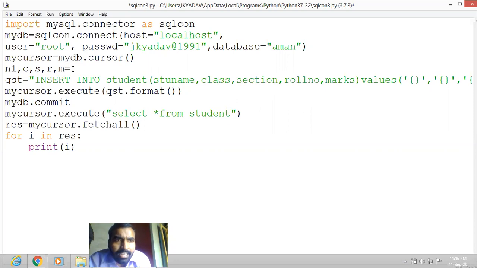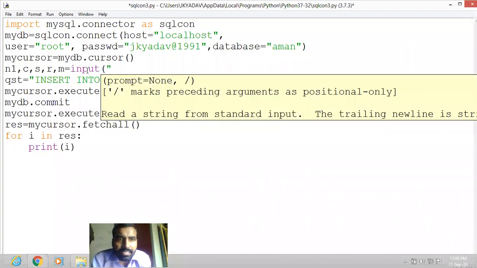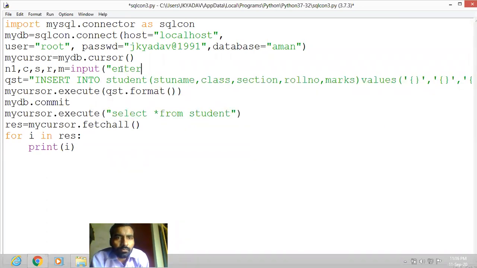Now let us write the input command, equal to input, in the parentheses, let us write "Enter the record".